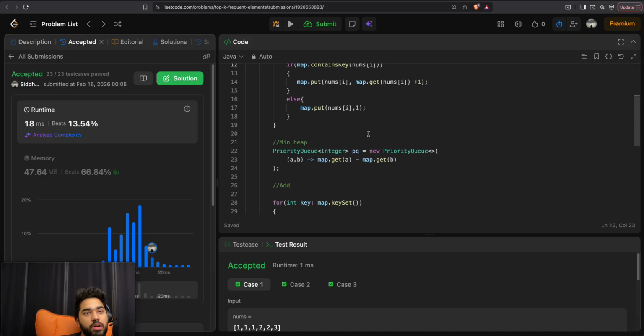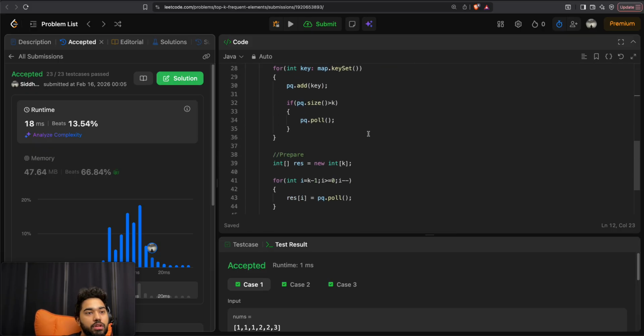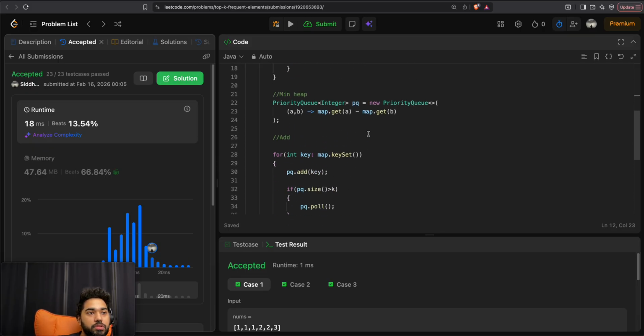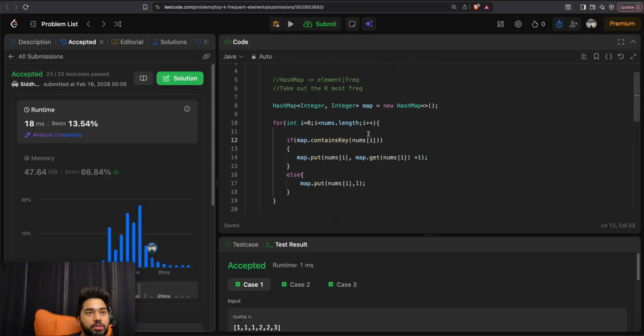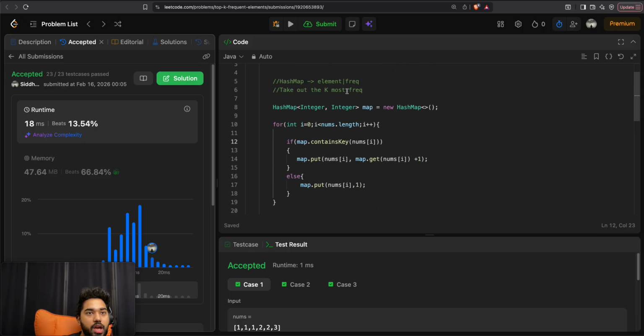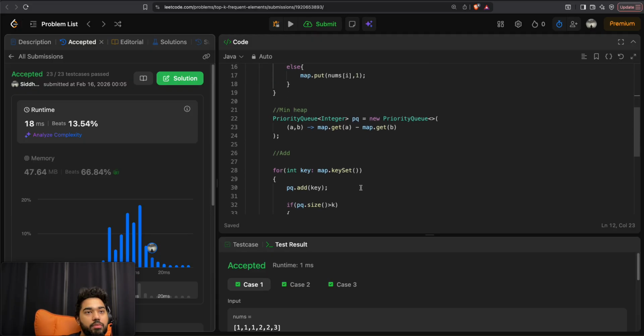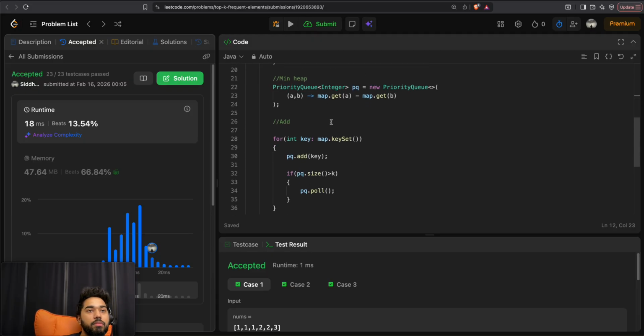Okay. A second way of solving this question would be, so right now we are storing a hash map. We have that hash map, perfect, and we're using a priority queue, right? A min heap where we are essentially having the minimum number at the top and we're removing it, and yes, that's how we're getting the answer. Another good way, another smarter way of solving this question